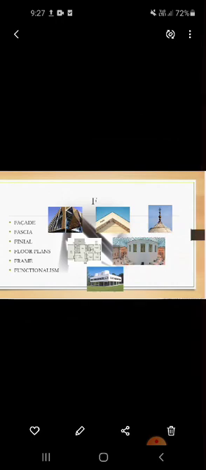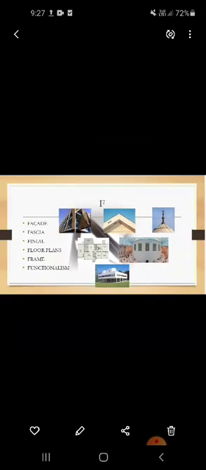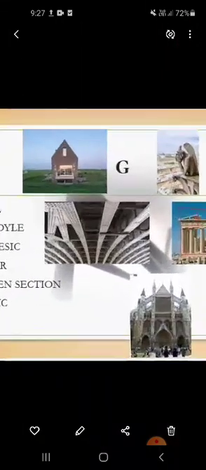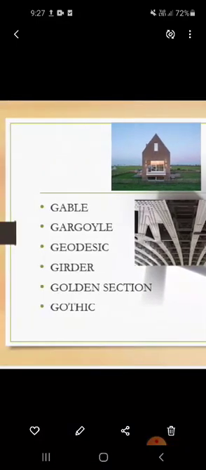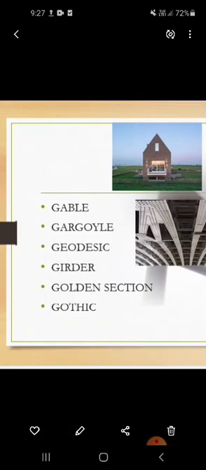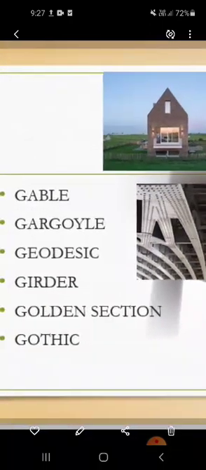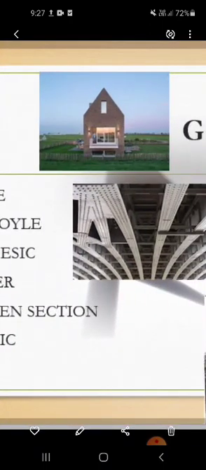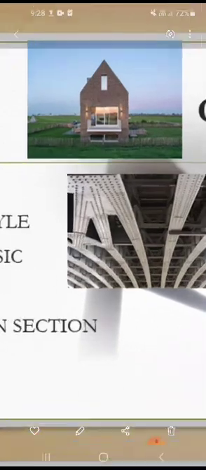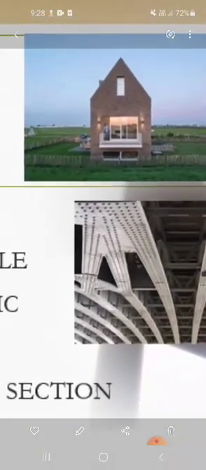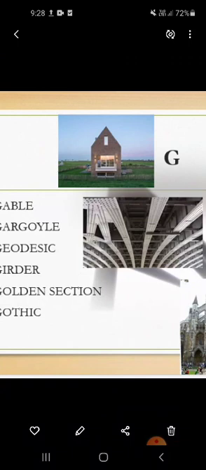Now let's check what the words are for you guys in G. So, G, we have gable. Gable is a triangular upper section of an exterior wall around or between the inclined lines of a sloping roof. The shape of a gable is determined by the structure of the building, and it's an aesthetic styling. This triangular form of a roof or exterior wall is known as